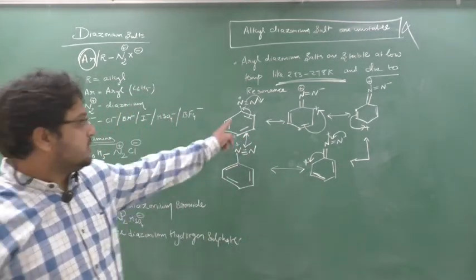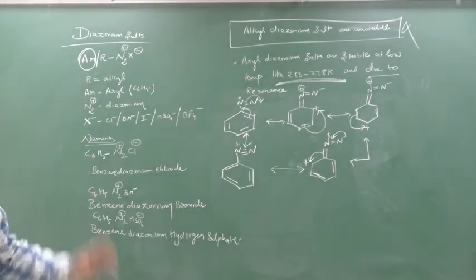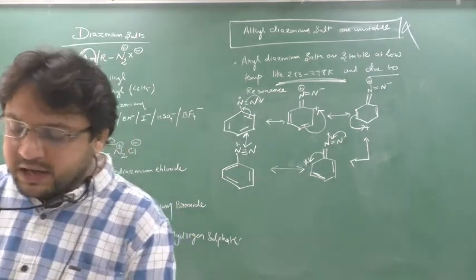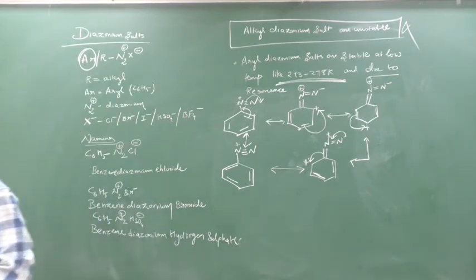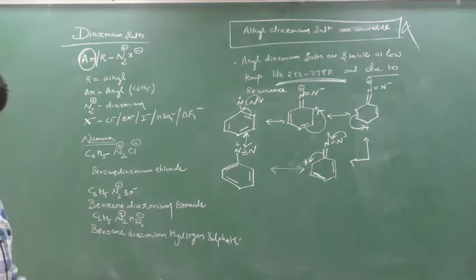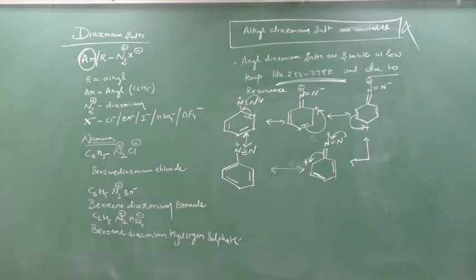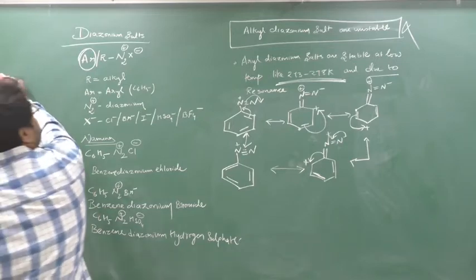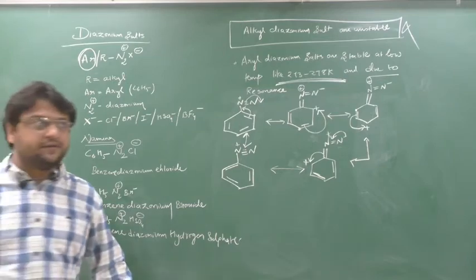So totally how many structures are there? 1, 2, 3, 4, 5. As it is forming a resonating structure, they are stable. Right on this. So that's why aryl diazonium salts are stable. Now we are going to study the preparation of diazonium salt, which we have seen during the reaction of alkylamine or aniline with nitrous acid HNO2. This you know. Clear this part? Chalo. So done this. Take a screenshot here, because if you take a screenshot, it will save my time as well as your time. Done? Chalo. So can I go further now?